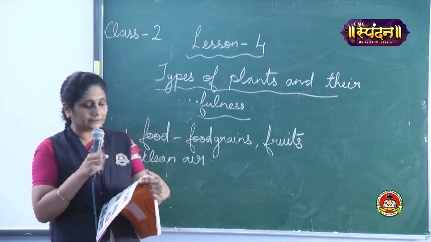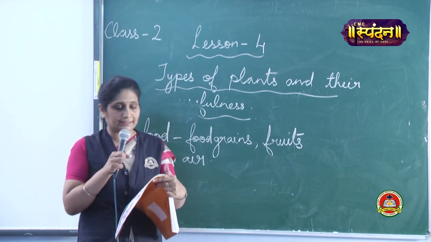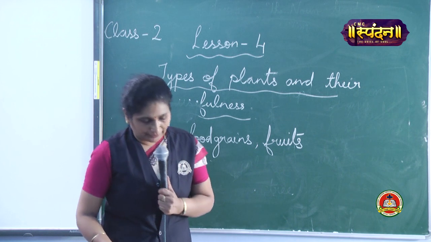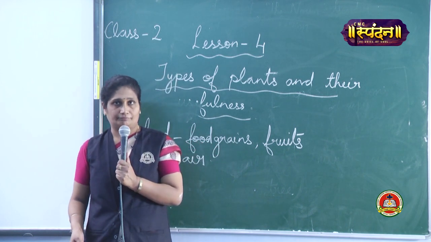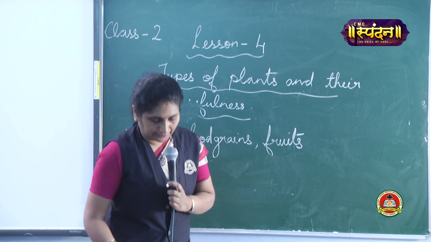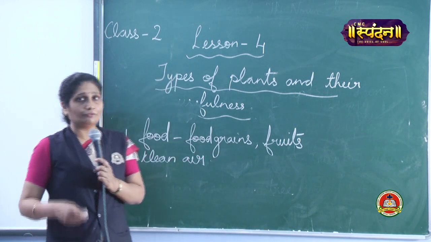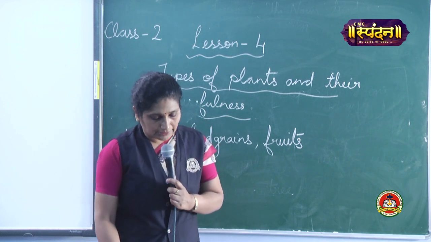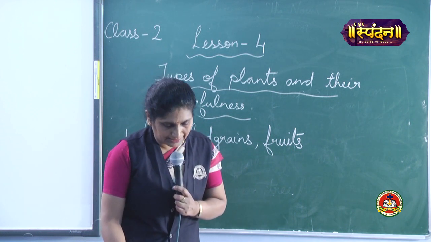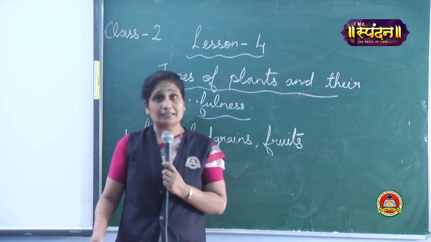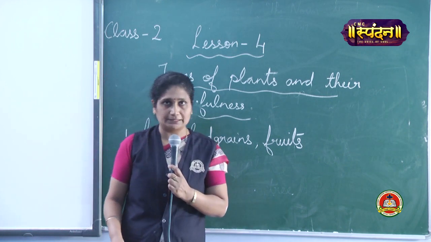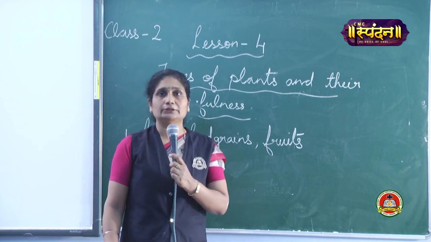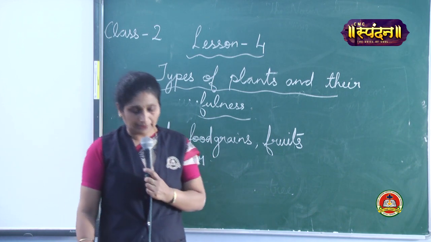Now seeds of certain plants give us pulses such as grams and peas. So what are the plants? We eat the seeds of, tell me? Yes, the gram. Gram means chana. So we eat the seeds of gram. Some of these certain plants give us pulses. Pulses means we eat the seeds of those plants. The gram and peas, these are the pulses.